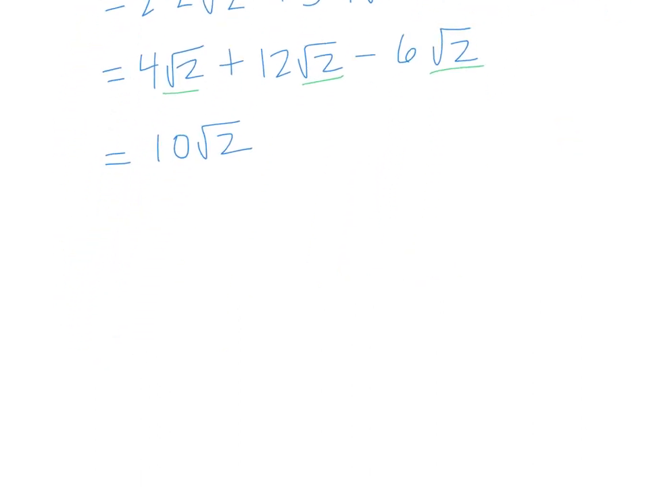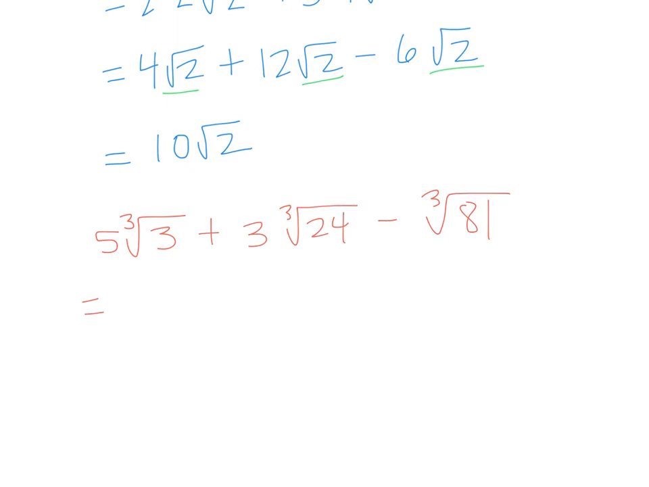All right, we can do the same thing with cube roots. So let's take this one, 5 times cube root 3 plus 3 times cube root 24 minus cube root of 81. So we want to simplify where we can. First one, there's nothing to simplify there. 3 is not a perfect cube, so that just stays like it is. And if we look at the 24, we can factor that as 8 times 3, where 8 is the perfect cube. And cube root of 81,